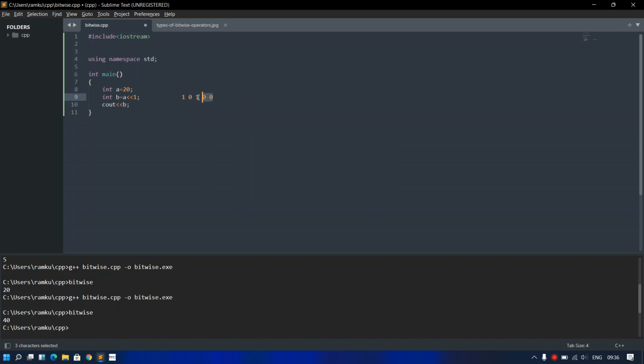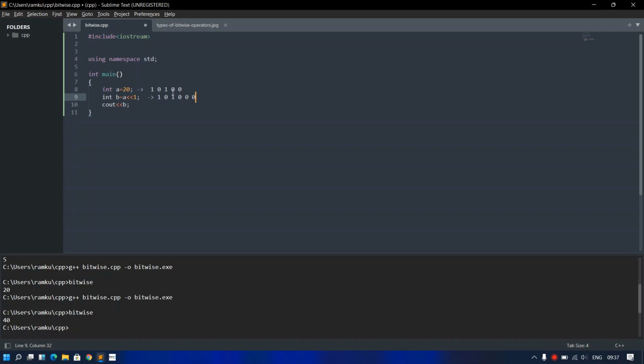Now if we apply the left shift operator here, the bits will be shifted by 1 place, so it will become 101000.